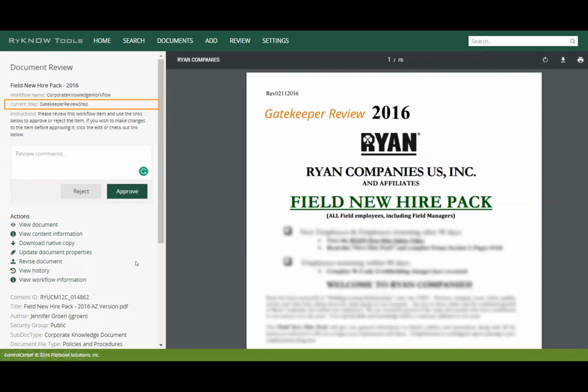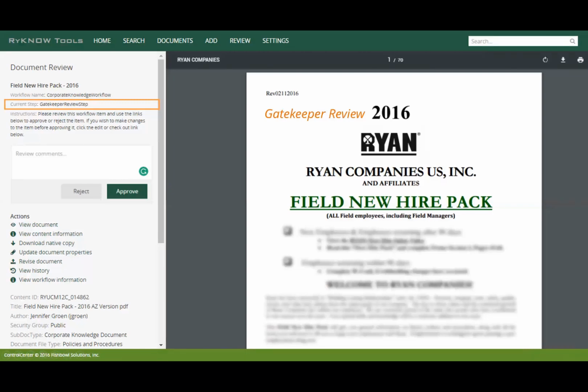If the owner either doesn't review it in time, or if it's a brand new document coming into the system for the first time, it goes to a second gatekeeper review step. And so that serves two purposes. One, to make sure it doesn't go into a black hole if the owner doesn't take action, and two, to ensure that upon submission of brand new documents, that they get categorized correctly into these different